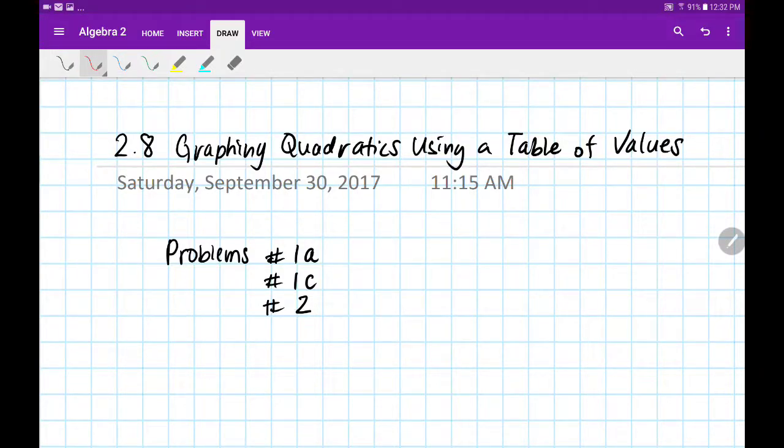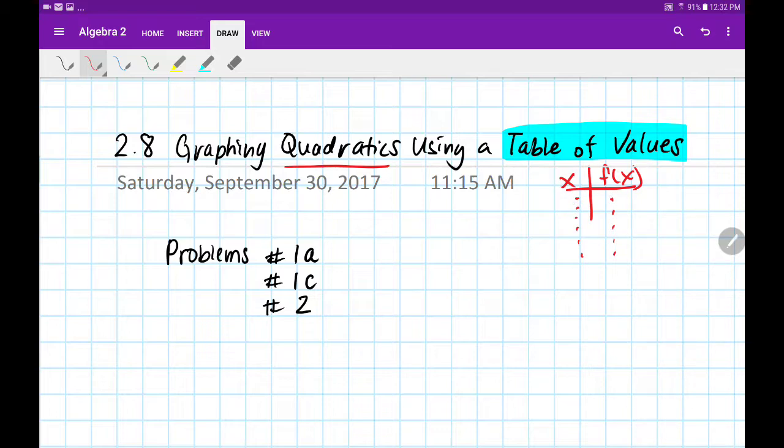Today we're going to be graphing quadratics using a table of values. What do I mean by table of values? Well, we're really referring to XY points where we're going to be plugging in and plotting the points that we get as a result. We plug in for X and then we get out Y and we go ahead and